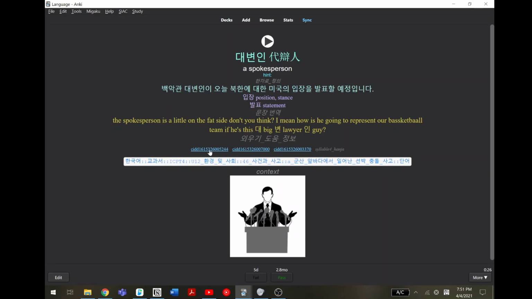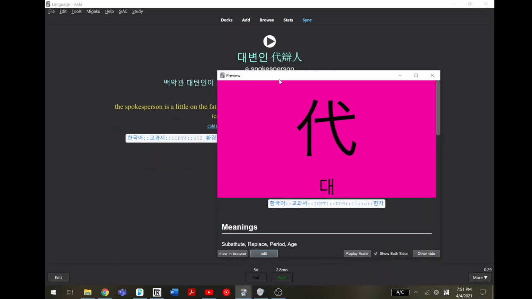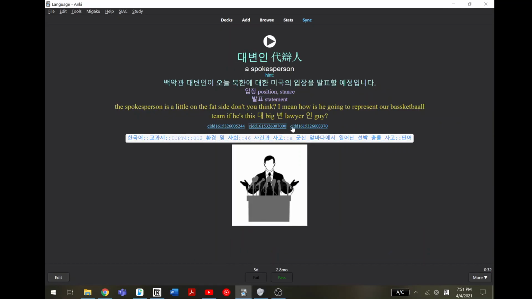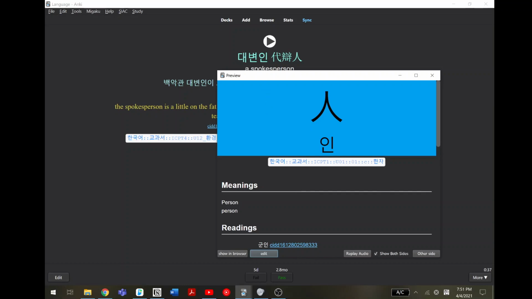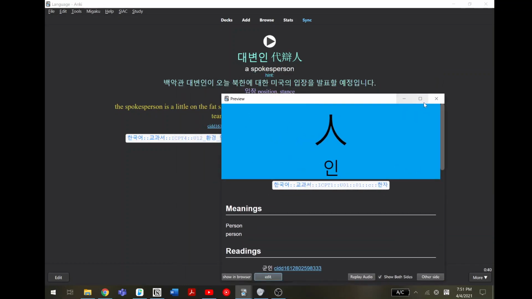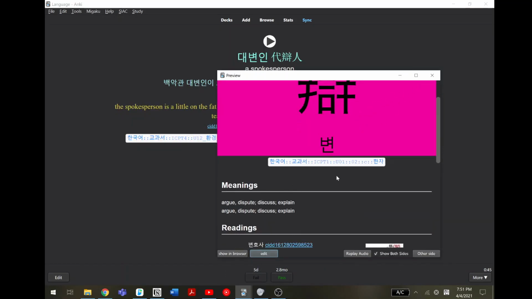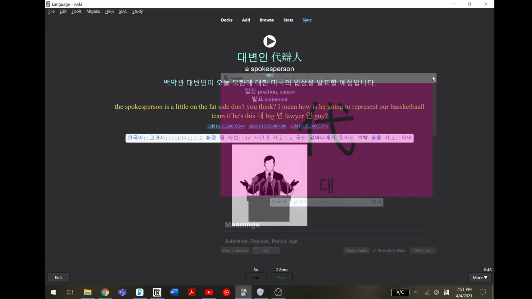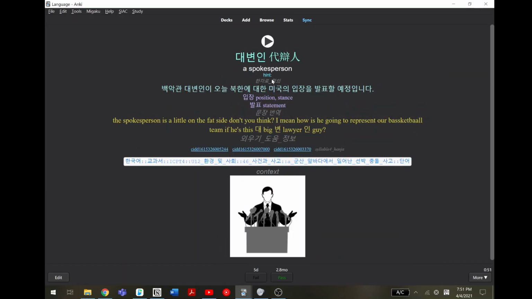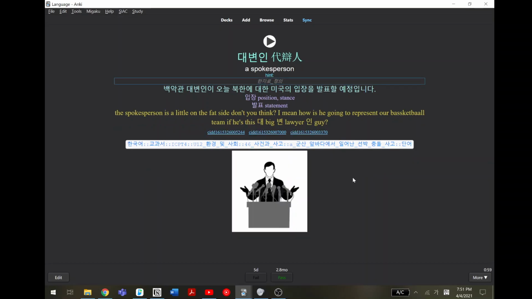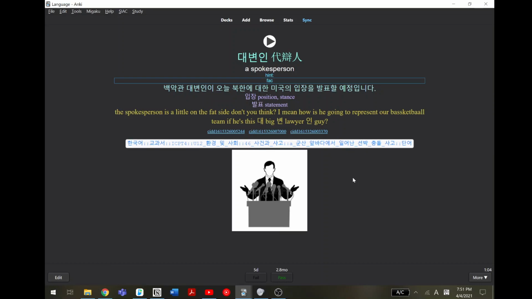So what I will do is I will click all the hanja cards, and then I will look at each one, the definition in English, and a lot of times just copy and paste, but I will redefine this word, spokesperson, in terms of the hanja. So for example, for this one, 대 means face, so I'll put like facing,